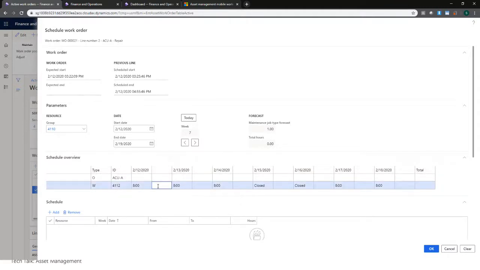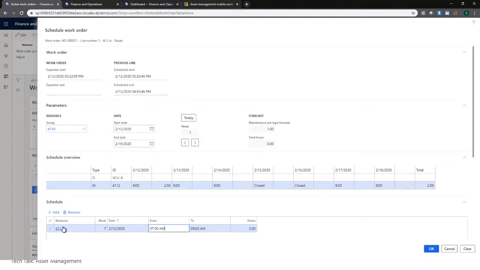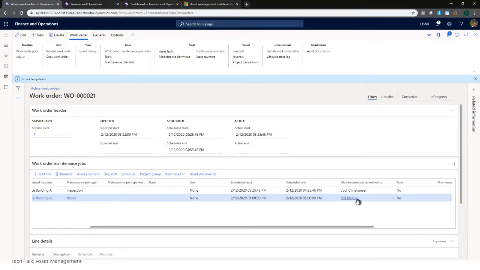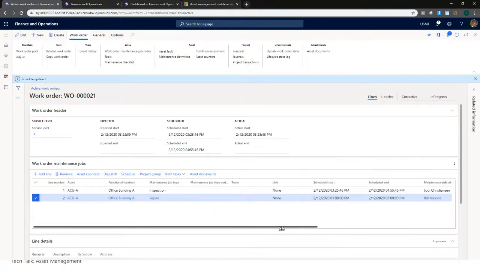So I can pick that and say I need 2 hours out of that for this resource to go and work. So here it will then create a schedule to say 4112 will work from 7 a.m. to 9 a.m. on this, and I just hit OK. So you could have the system go in and assign someone. In this case, it assigned 4112, who is Bill, and automatically scheduled a person to go and work